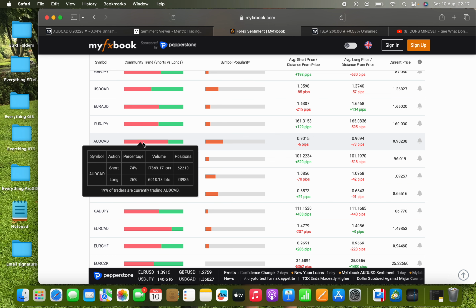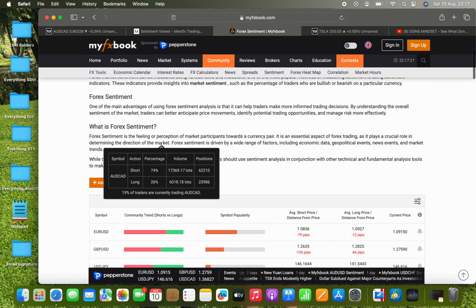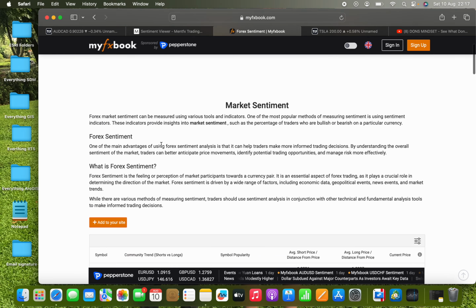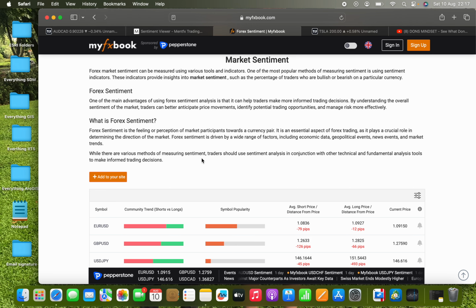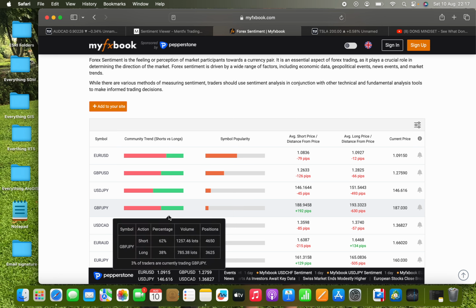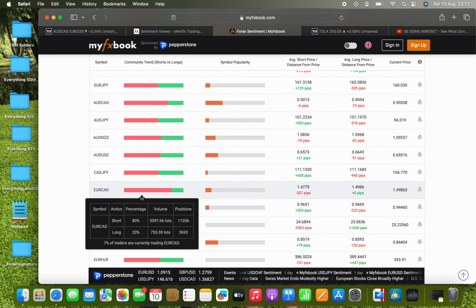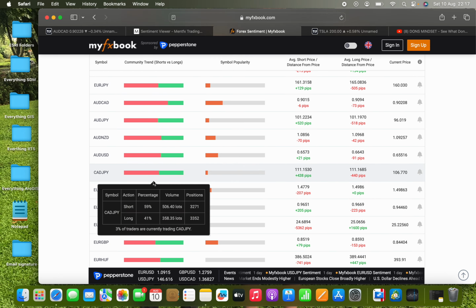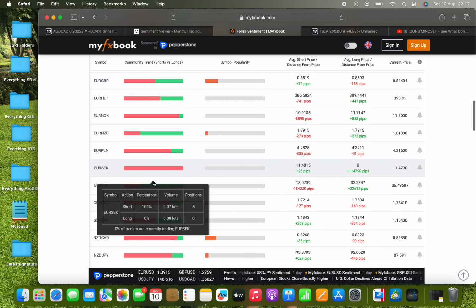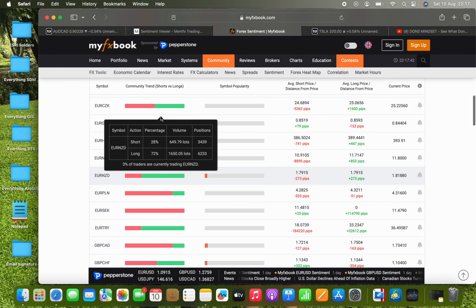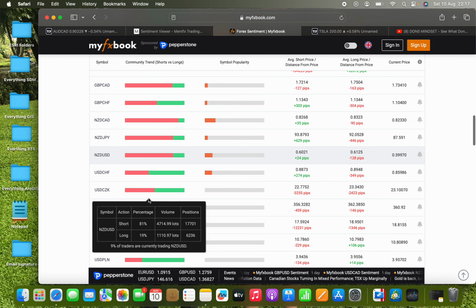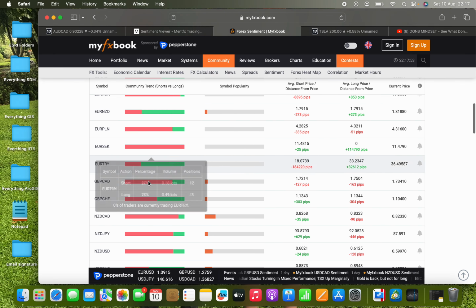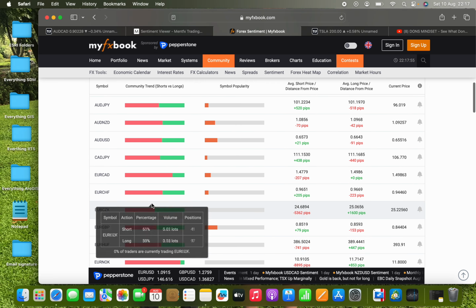So I looked at AUD CAD, and over here on the MyFXBook, the sentiment. It just measures instruments such as forex pairs, futures, all the pairs that people trade all over the world, and it gives a sentiment. So these sentiments are from retail traders, just people like me and you, average people, even banks, even hedge funds, every single person in the world.